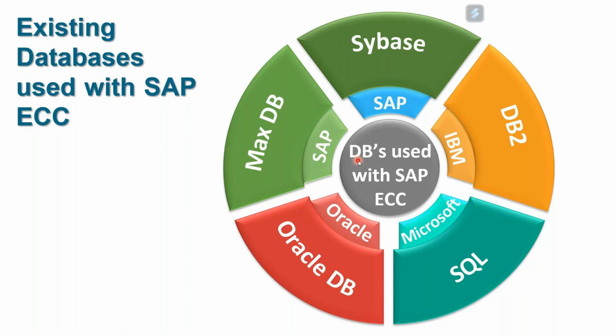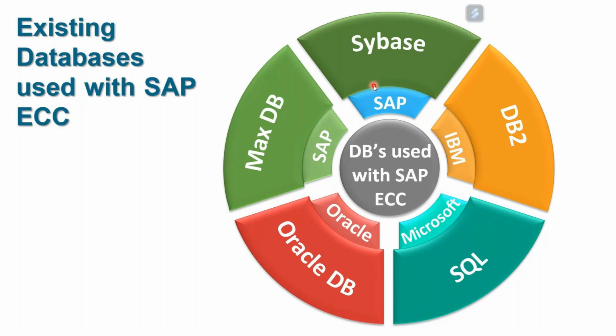And what is that data? It is your knowledge of the organization: your customer data, material data, vendor data, product data, employee data, financial data. All of that needs to be stored. So with ECC, you could use DB2, a database made by IBM, or SQL from Microsoft, or Oracle DB from Oracle, or MaxDB from SAP, or Sybase DB from SAP, or also HANA DB from SAP. These were the 6 databases you could use with ECC.